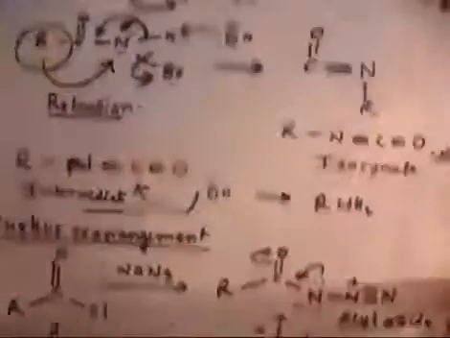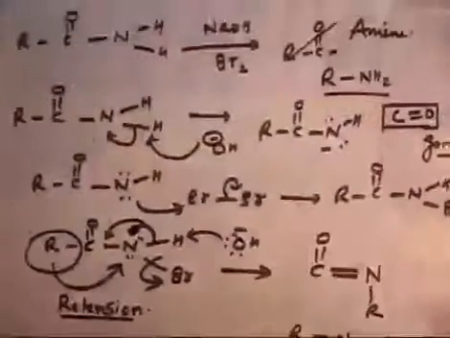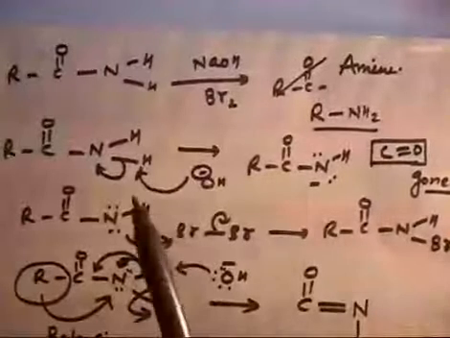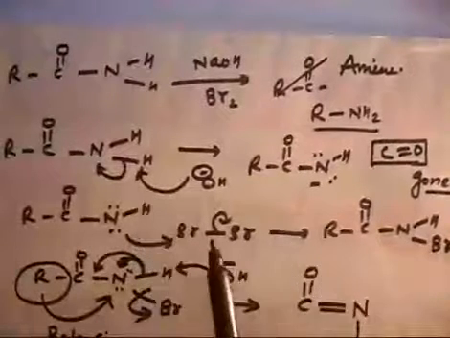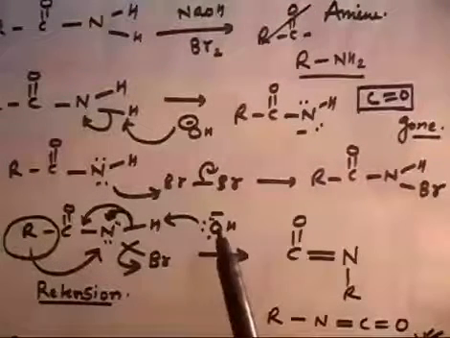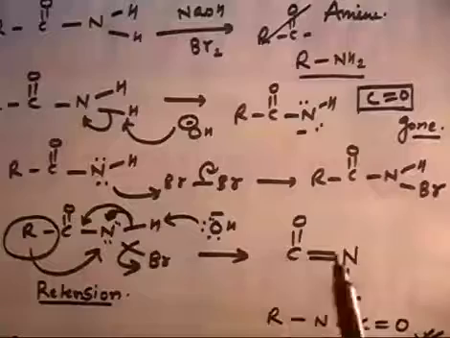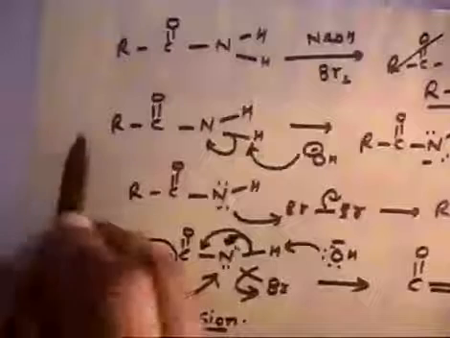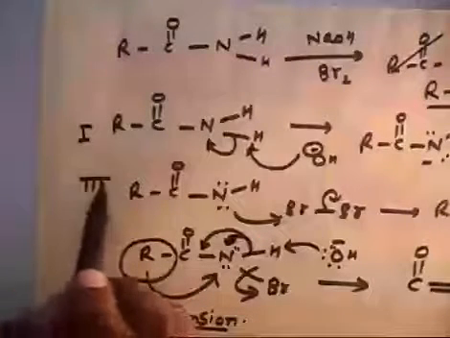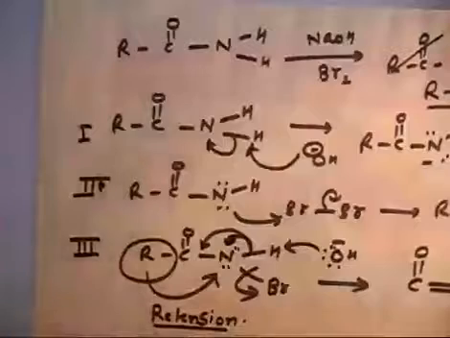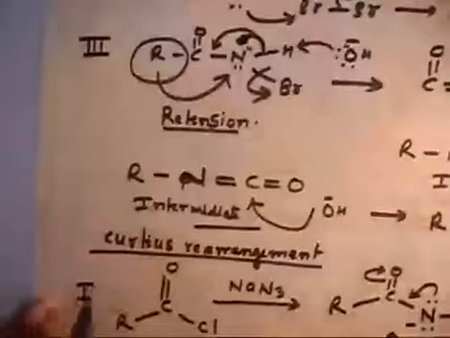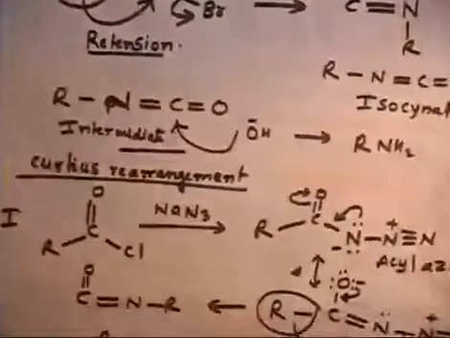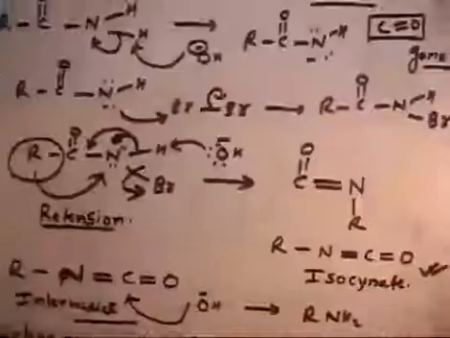But if you see Hofmann bromide rearrangement, up to RNCO, how many steps do you have? First you remove one hydrogen here. So this is a step. Attack to the bromine, you get RNH, then again you pull one hydrogen, then loss of bromine, and so you see 3 steps. This is the first step, this is the second step, and this is the third step. Now here you have only one step, so at maximum you can say 2 steps. So in this case the path is very short.